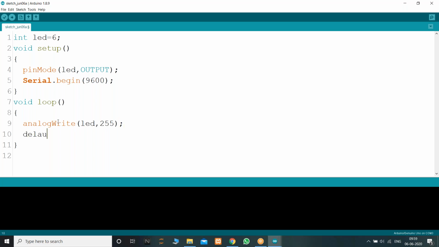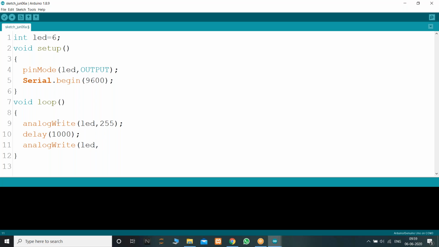Let me show you that: delay of 1 second and analogWrite. I am writing a value between 0 and 255.